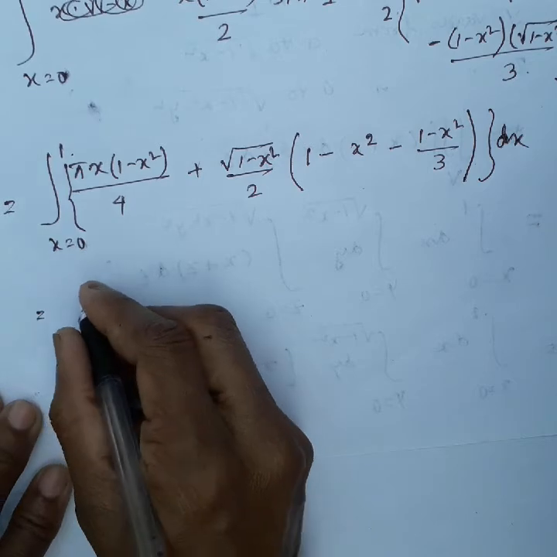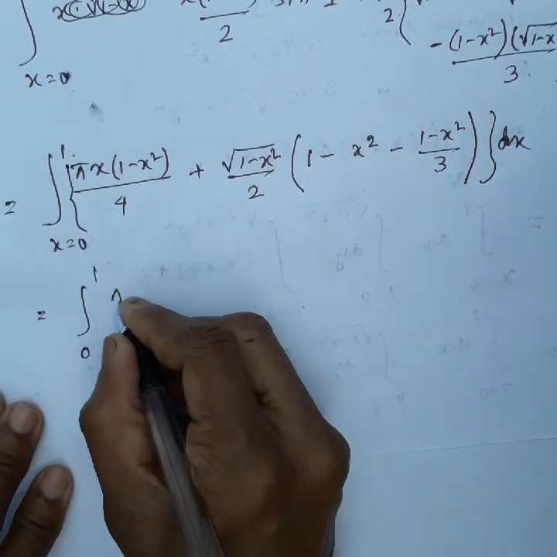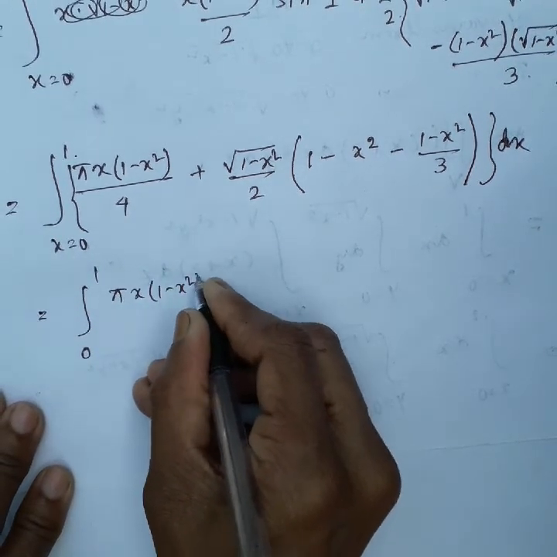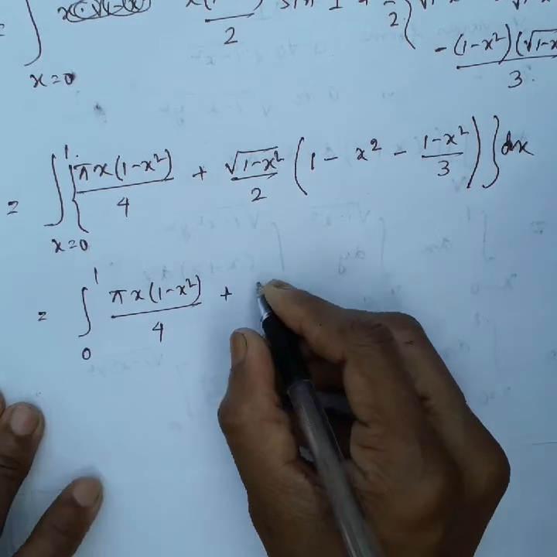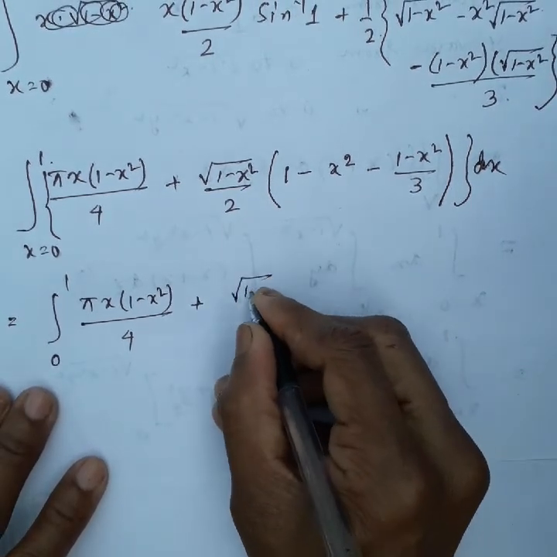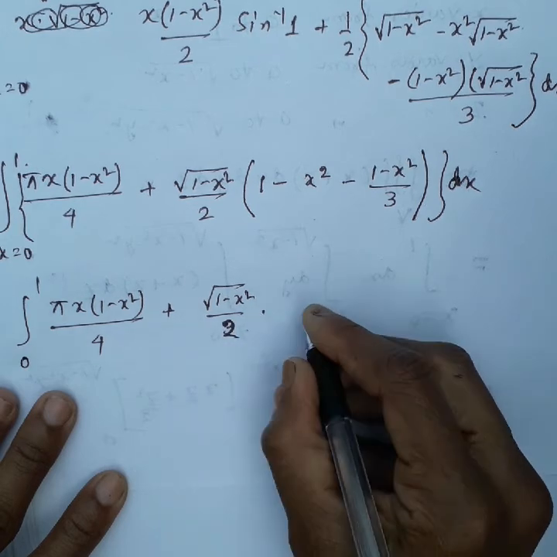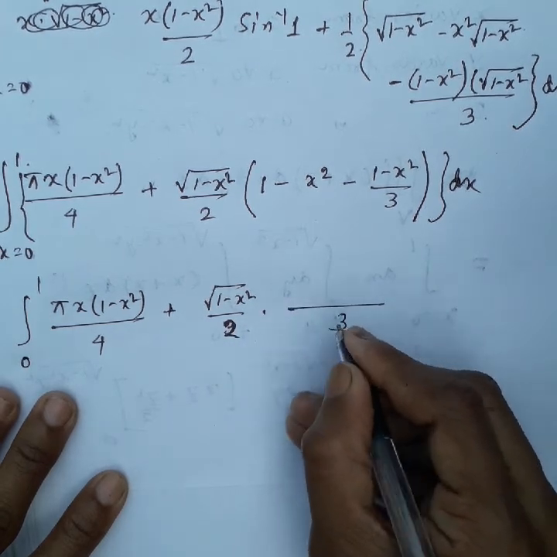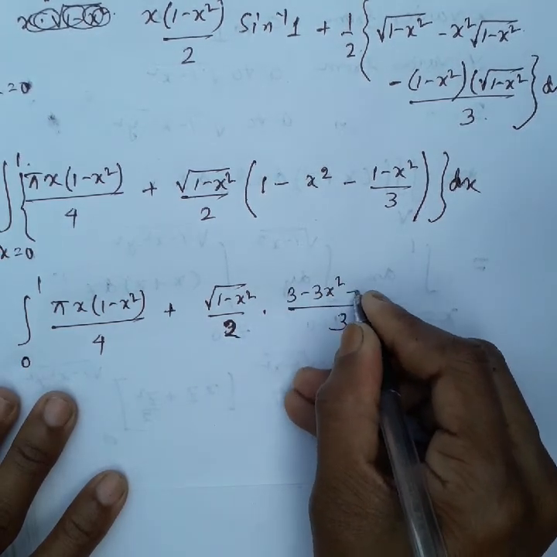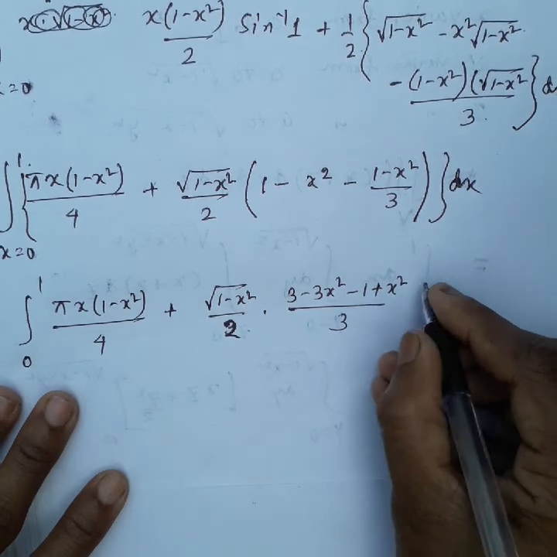That is equal to integration 0 to 1 of pi x into 1 minus x square by 4 plus root over of 1 minus x square by 2 into 3 minus 3x square minus 1 plus x square